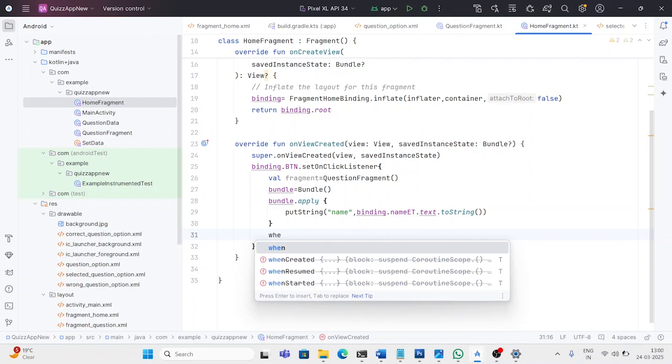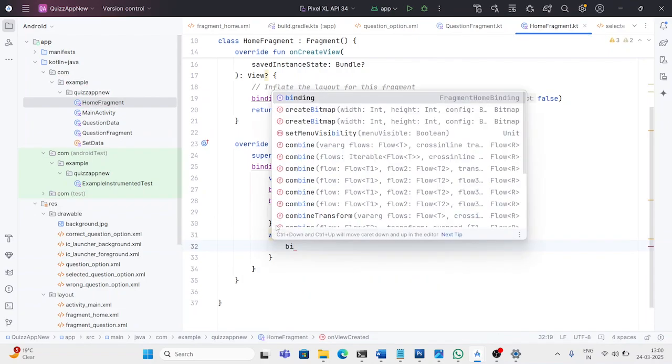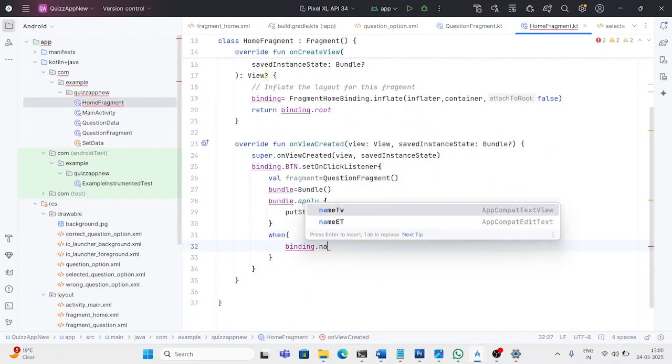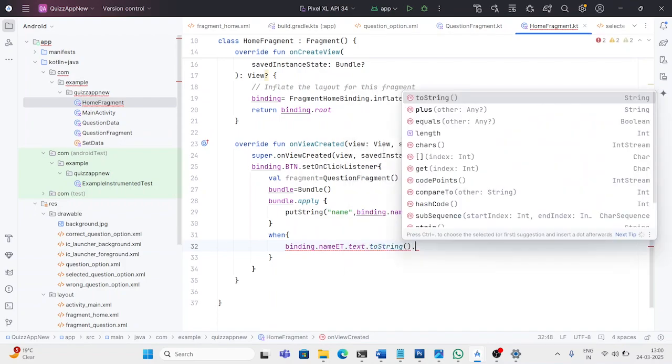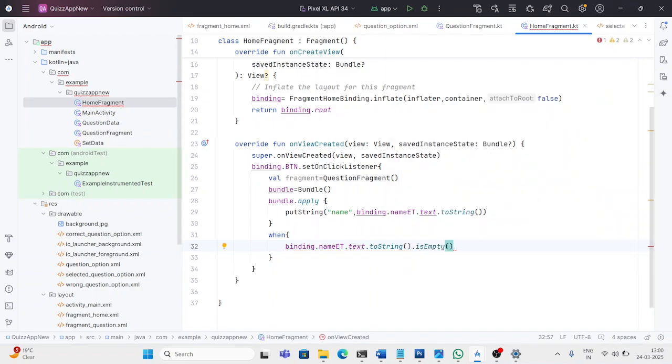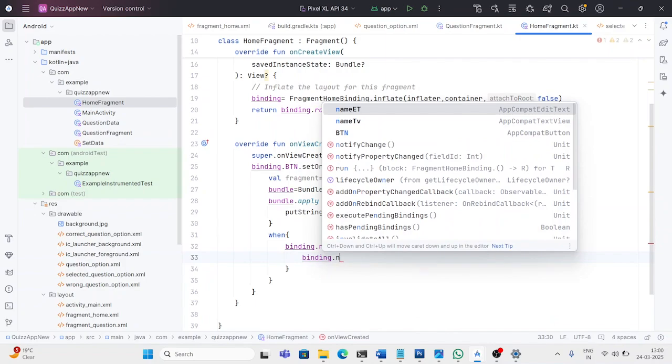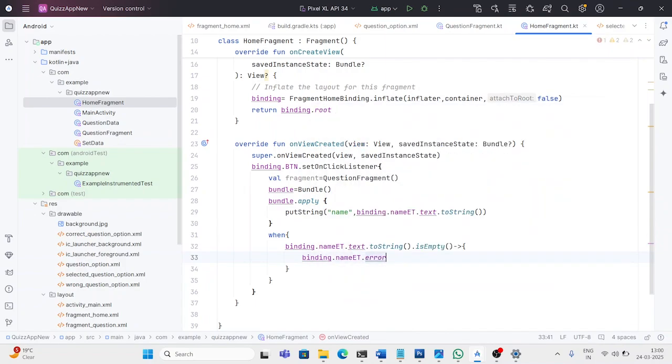When binding dot nameET dot text dot toString dot isEmpty, let's display one error over here. Binding dot nameET dot error, and I will pass over here, Enter the name first,